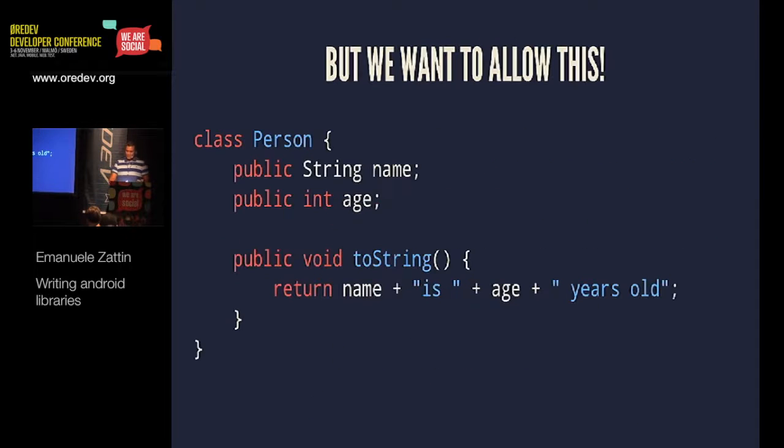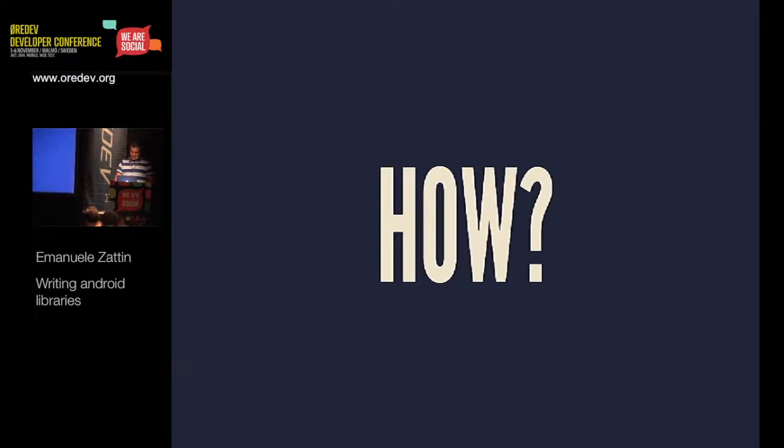So, but you still want to allow to do stuff like this. So you have some public fields here, you have a toString, but it could be whatever name there, and you want to be able to do things like this. But if you have a proxy class, this is not possible. So how? Well,